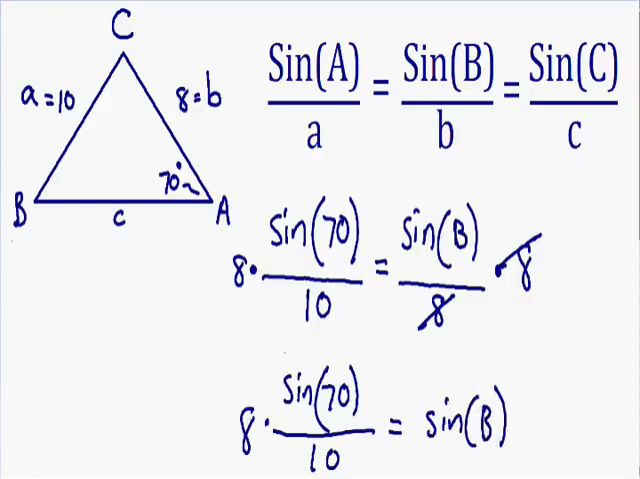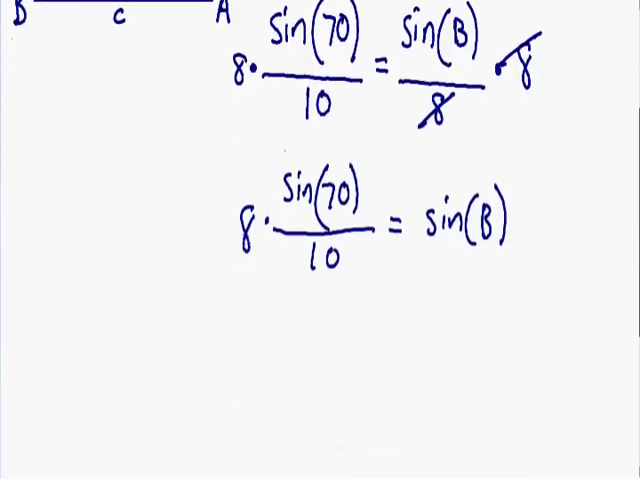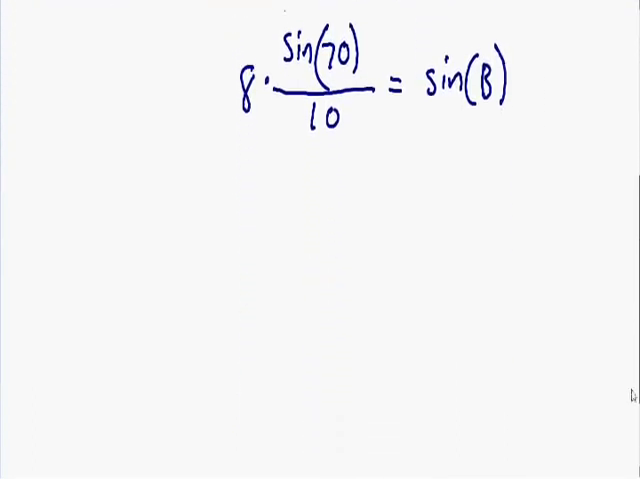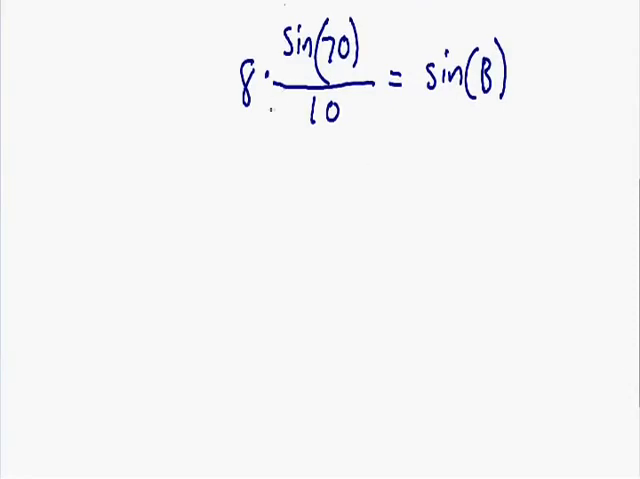Alright, so let's scroll down a little bit so I have a little bit more space. Alright, so at this point I'm just going to plug everything into my calculator. If you multiply 8 times the sine of 70 and then you divide that by 10 and you plug that all into your calculator, you get a really long decimal. I'm just going to round to 4 decimals. You get 0.7518. All intermediate steps you should probably round to 4 decimal places, and that is equal to the sine of